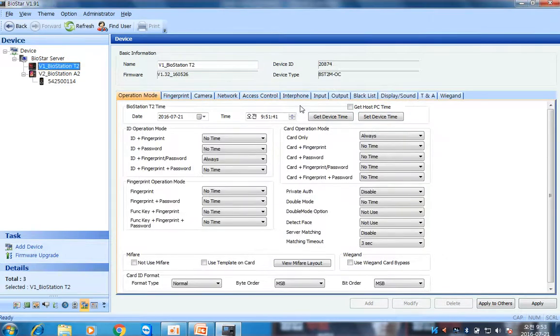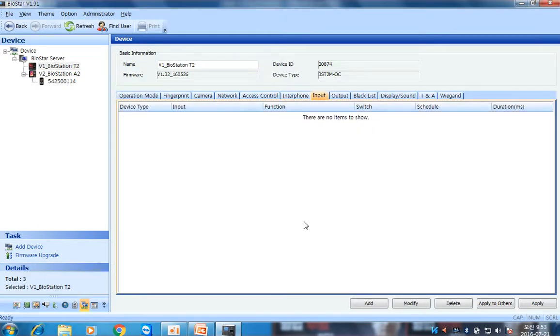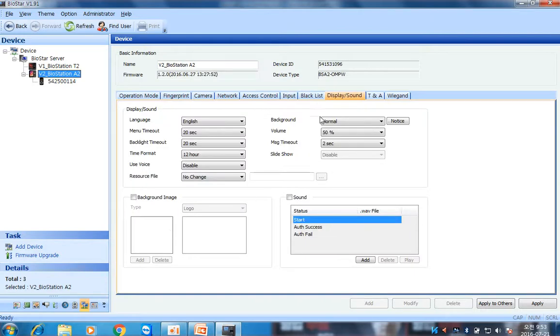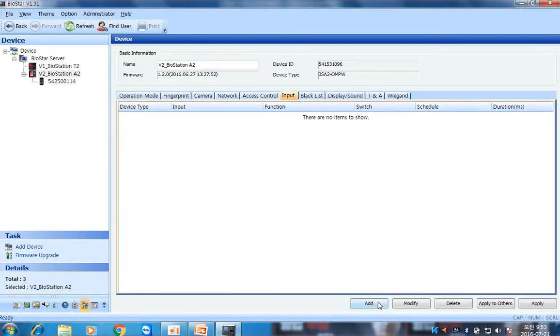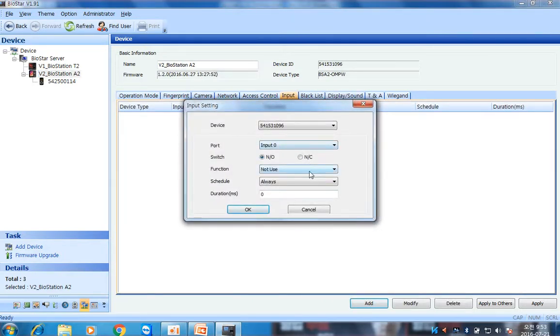okay, for version 1 devices, when there was any input coming here, you could set different outputs to send out. But for version 2 devices, it's very limited. When there's a signal coming through to input 0, these are the 4 different outputs that you could do: disable device, restart the device, or release alarm.